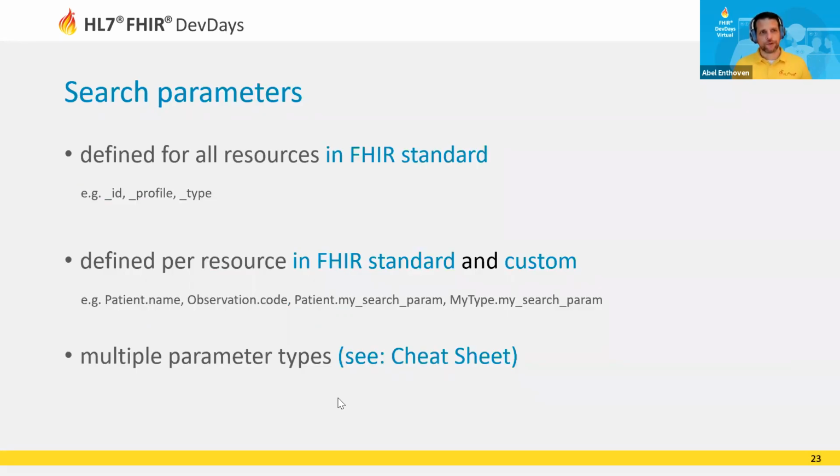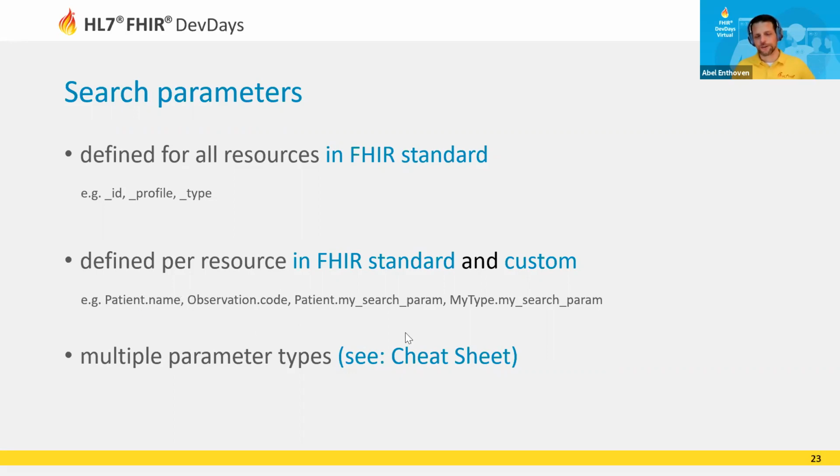Okay, so about the search parameters, you've seen a few search parameters already. Actually, search parameters are defined for all resources in the FHIR standard. So there are a few default search parameters: ID, profile, and type, for example. ID you saw before, and profile and type are also applicable to all resources in FHIR. And then, of course, every resource also defines search parameters, like patient name, as you saw before, observation code,